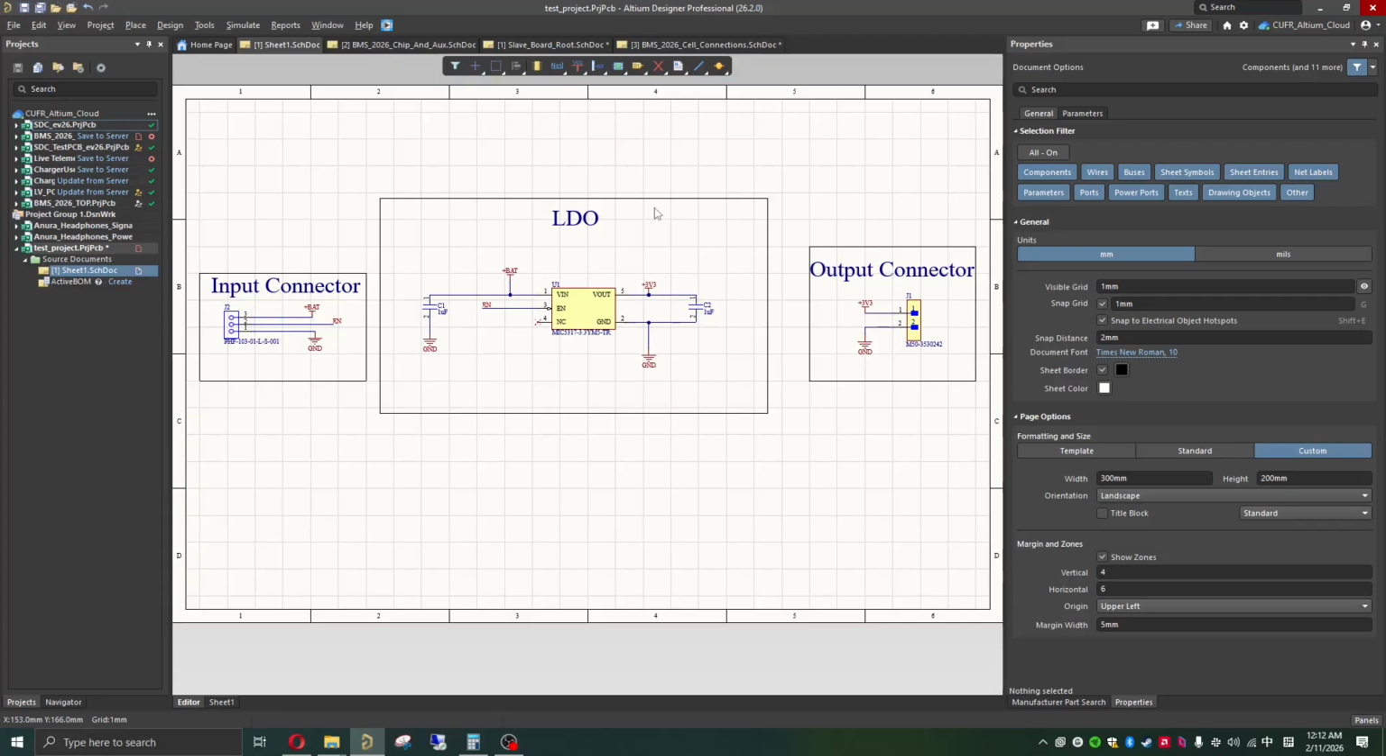Alright, so now we can save. Our schematic is looking good. Now we can get on to the next step. One option you can do right here is also create an active BOM. This is really only useful if you're meticulously choosing out your components